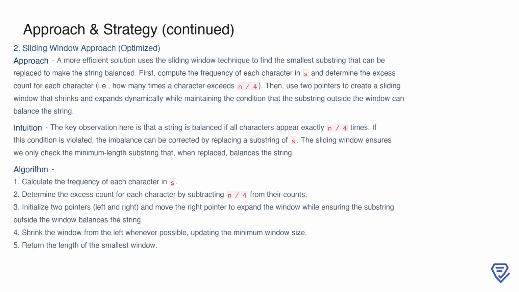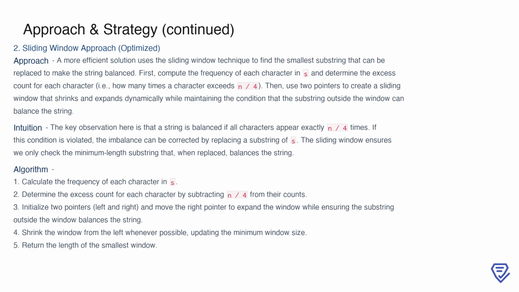Using 2 pointers, we create a sliding window that dynamically adjusts its size. The goal is to ensure that the substring outside the window balances the string. This means that if the substring inside the window were replaced, the remaining characters would meet the balance criteria. The intuition here is that rather than checking all substrings, we can focus on finding the minimal substring whose replacement